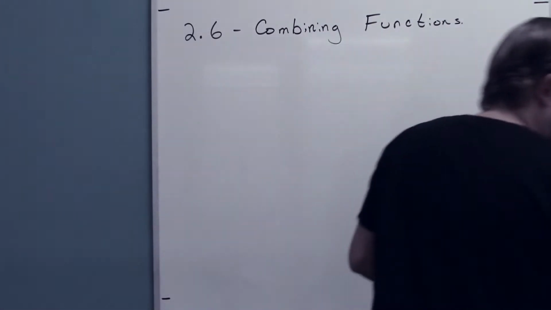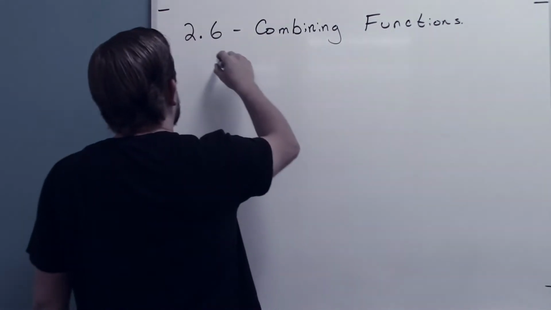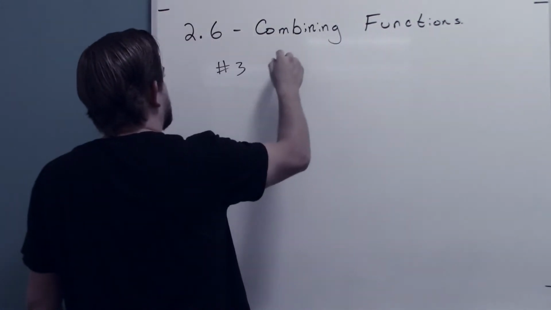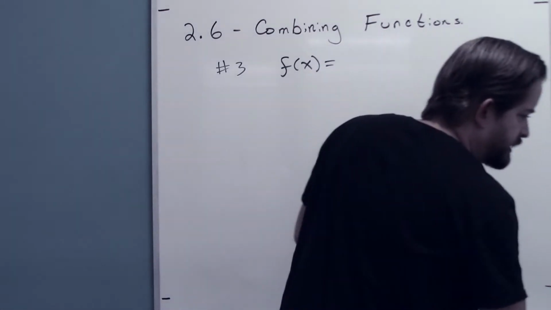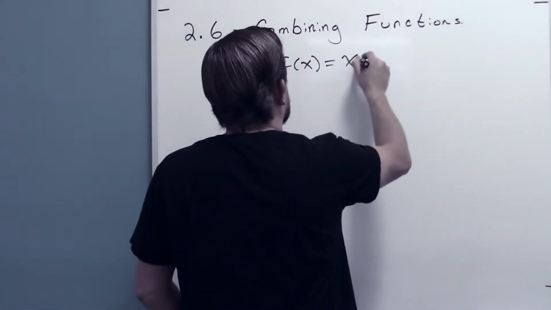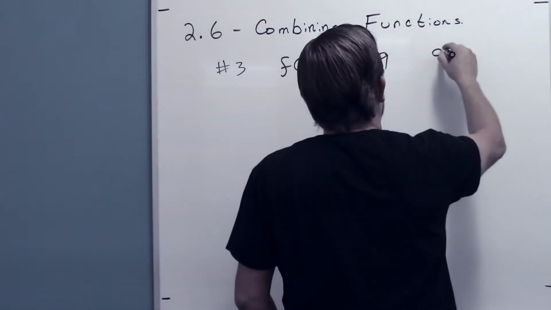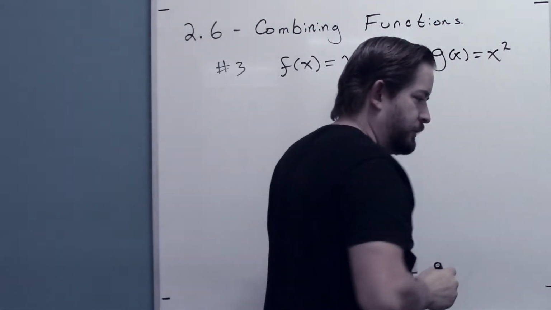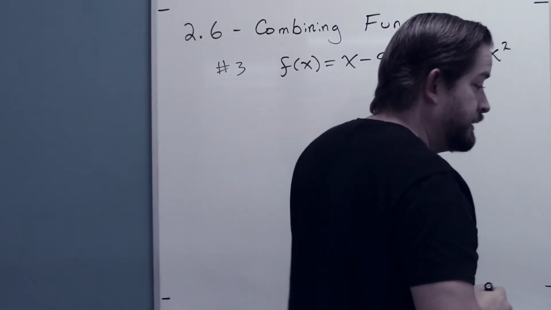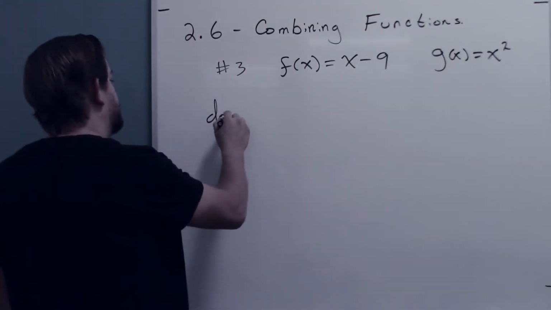Let's start with number 3. So we have two functions. f of x is x minus 9, and g of x is x squared. And we are asked to find the domain. Right? So the domain